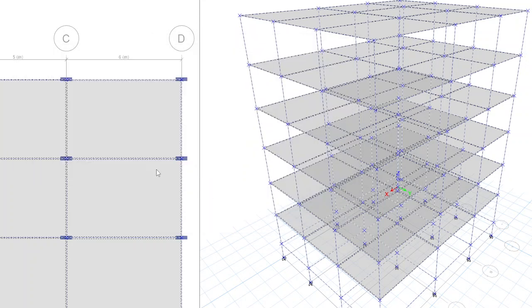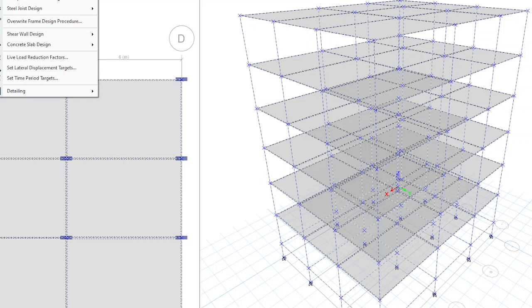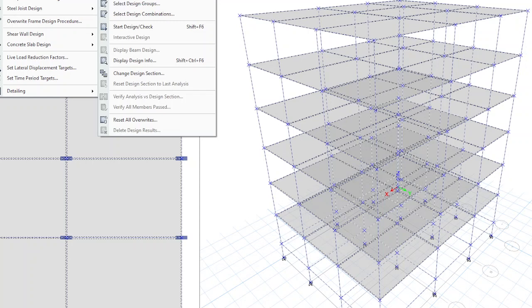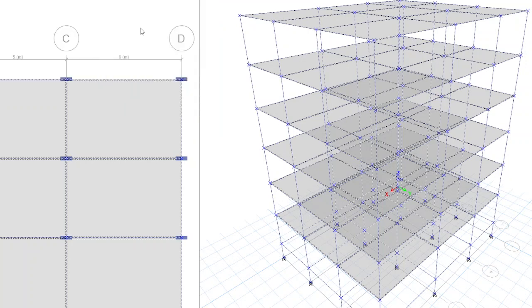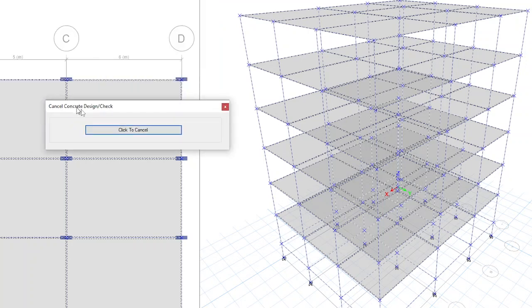So now we have defined combinations. Now we need to perform the concrete design. Press Ctrl A, select all the elements, go to design, concrete frame design, start design or check. Click on that. So the design will be performed.